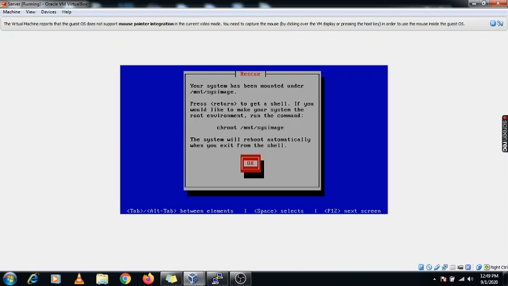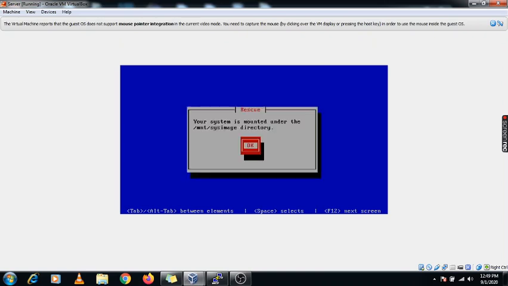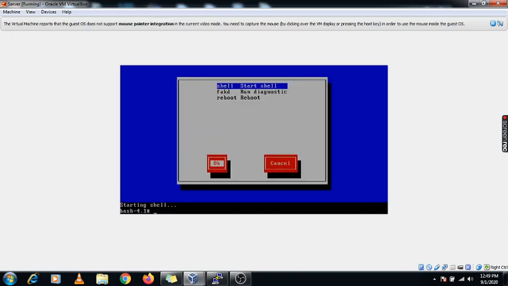Now it's getting the prompt. OK, now we are entering into the shell.